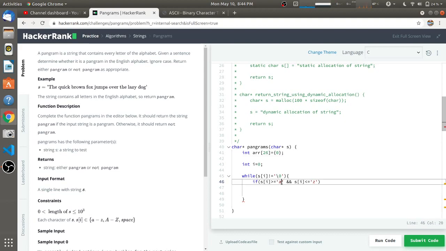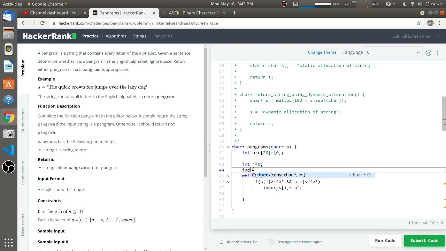So I'll get to know that a is there in the string S, and I don't have to look for a again. What I will do is firstly find out the index by subtracting 'a' from it.